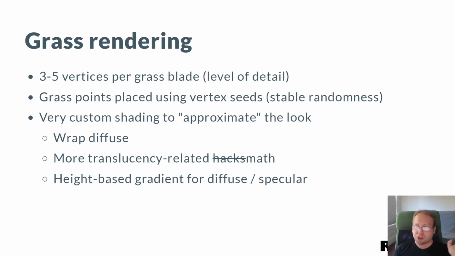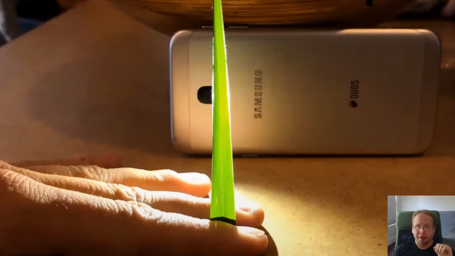And then shading is a whole lot of tricks and a whole lot of tuning. There's wrap diffuse that we do. We do a translucency simulation, sort of, but it's an approximation that's pretty cheap with a few ALU instructions. And a lot of the interesting visual variety in grass tends to happen because of the clumping of grass, and you have occlusion. Of course, all of this is very hard to actually simulate on a mobile device. So we do a lot of height-based approximations for this, with gradients for diffuse and specular and normals that are slightly different from the geometric normals, etc.